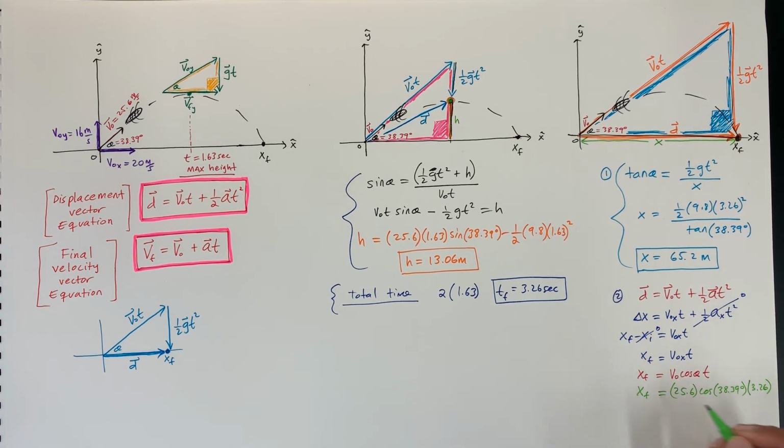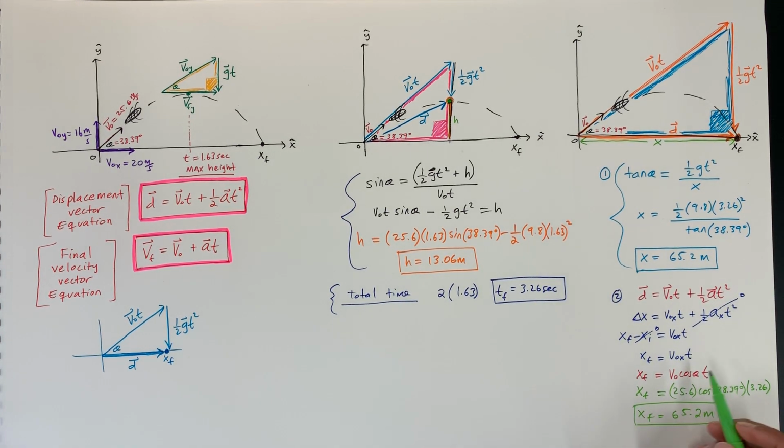That's going to give you your x final, which is going to be 65.2 meters. You could have also just put the answer straight from here,